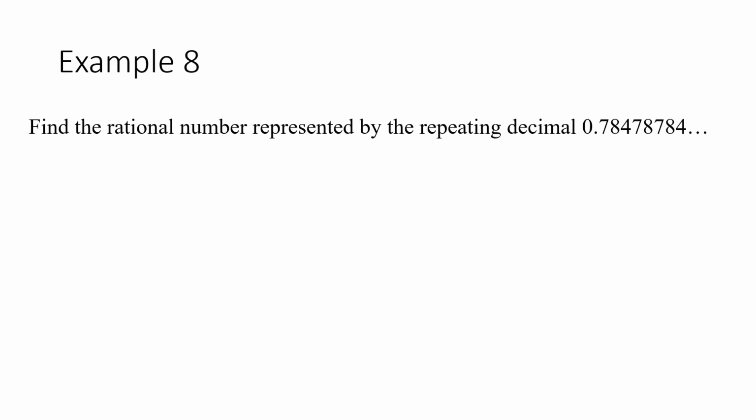So let's have example 8. Find the rational number represented by the repeating decimal 0.784784, and so on. For our solution, we can rewrite the decimal. We are going to equate this one, substitute that one as d. So our d